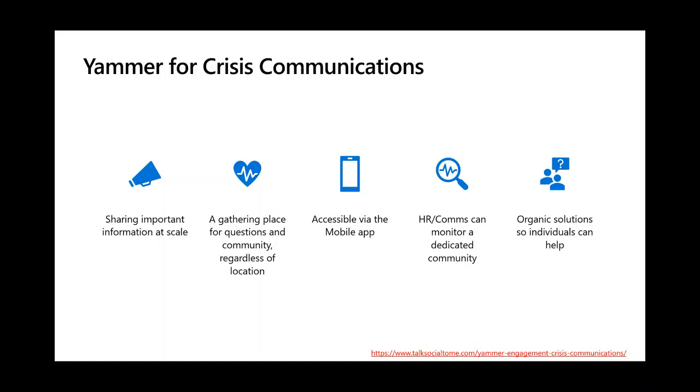You can reach a broad audience as well. It generates emails which are accessible from mobile. It allows people to share feedback, to jump in, and of course, using best answer, it allows leadership or HR teams or comms teams or legal teams to establish what is the company's perspective, their official answer on things.